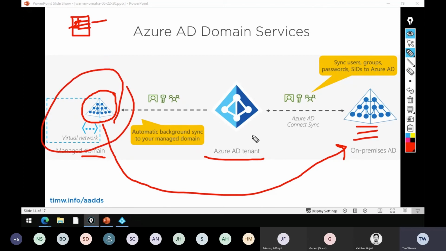Now, like I said, you could really do the same thing just with Azure AD Connect into Azure AD. That's where I personally can't wrap my mind around this 100% yet. So you deploy the Azure AD Domain Services instance into a virtual network, and you need Azure AD because that's where your identities are actually going to be. Specifically, Microsoft will use, I guess it might be using Azure AD Connect under the hood, I don't know, but it will do an automatic background sync of your identities from Azure AD into your managed domain.